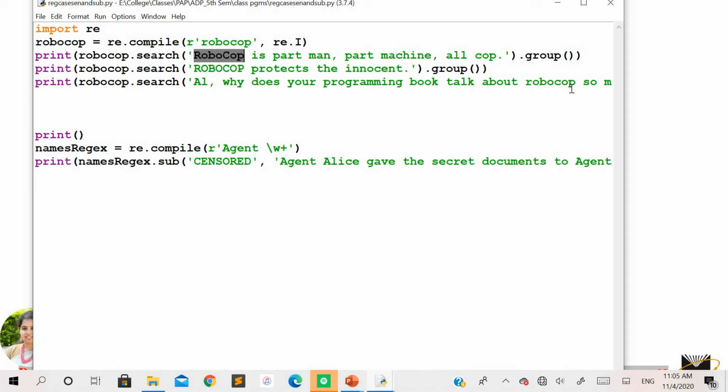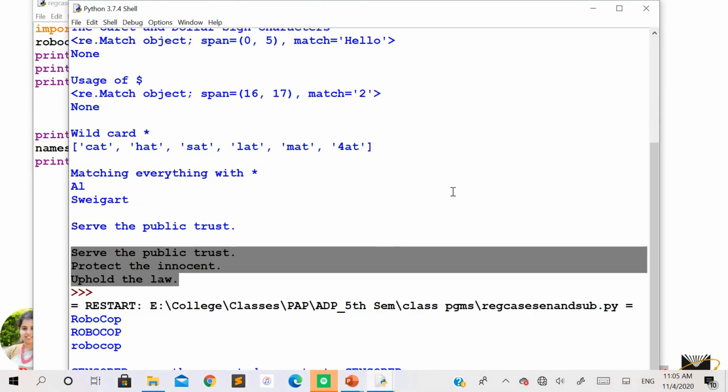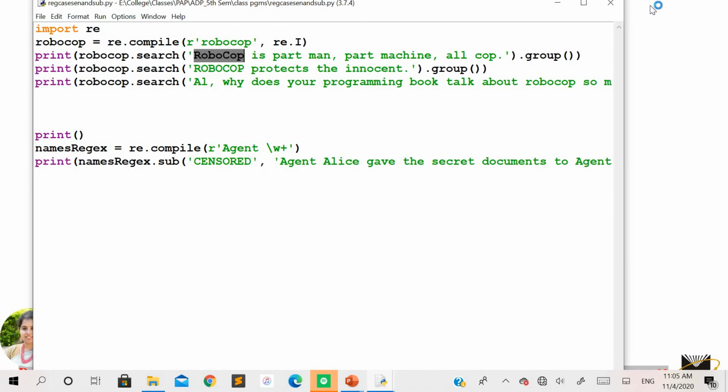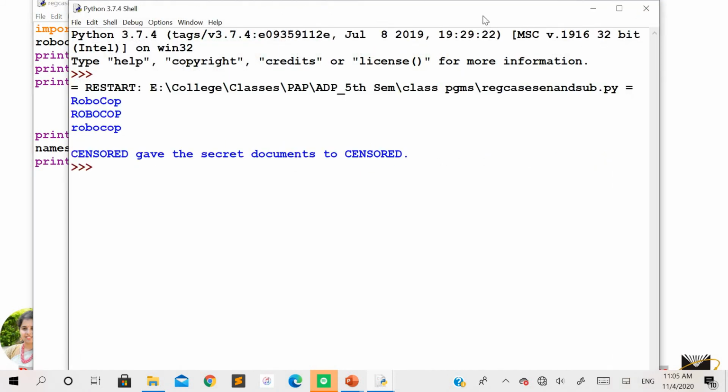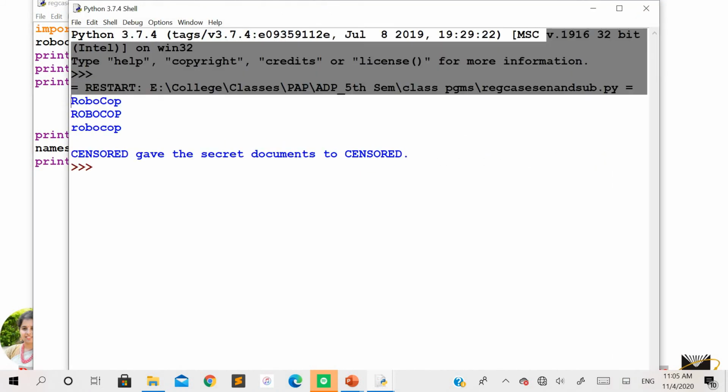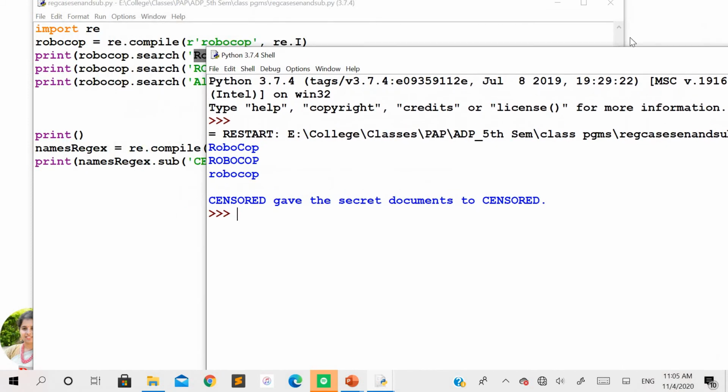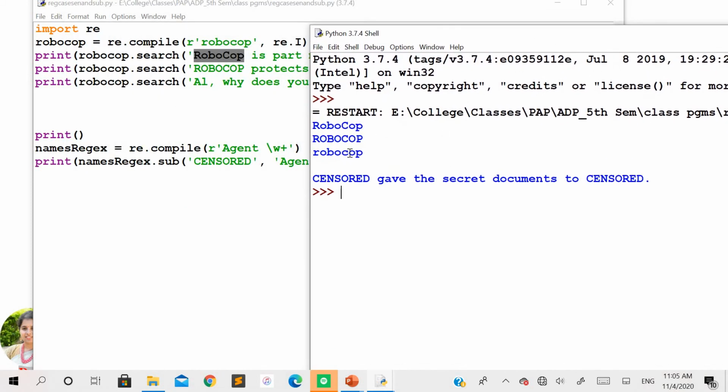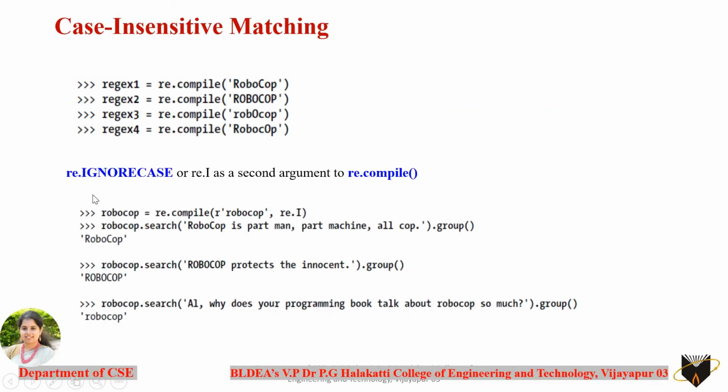So let us run this function and see what result you are going to get. So here you can see all the possible matches are extracted. That is, all the cases are matched and extracted irrespective of the difference in the cases of the letters within this pattern. So I hope it is clear to you how you can ignore the cases, or consider case insensitivity for the patterns that you want to design.